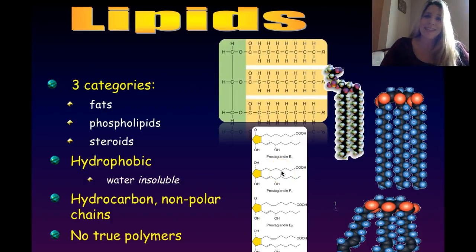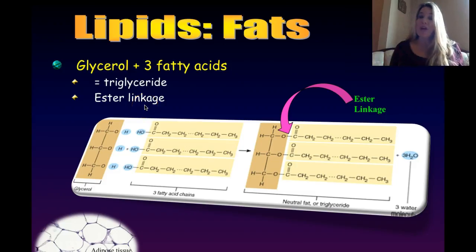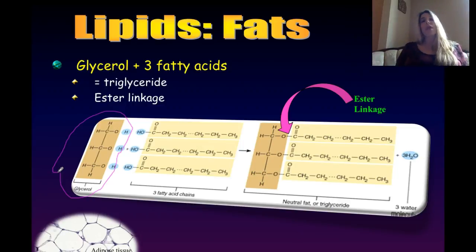So let's get into the details of these and learn about their structures and all the cool stuff that makes them lipids. So let's start talking about the structure of fats. And all fats are basically composed of the same basic structure, and that is the molecule glycerol, which kind of forms the head of the molecule, and three fatty acid chains. So I'm going to get out my pen so we can circle these things. So here is our glycerol head, our molecule, and because it's glycerol, it's polar. So even though the whole compound is considered to be hydrophobic or water-fearing and nonpolar, the head itself is actually polar, and this is going to have important properties for life.